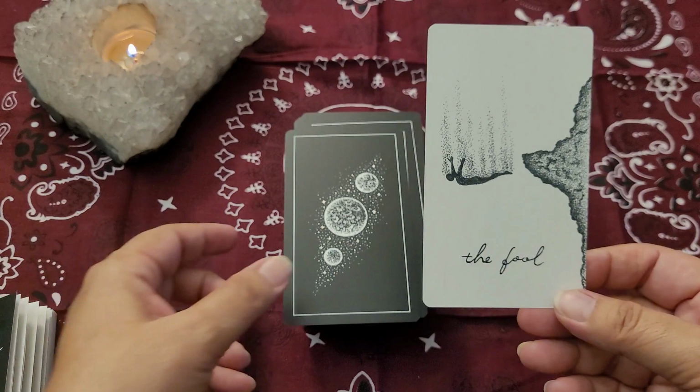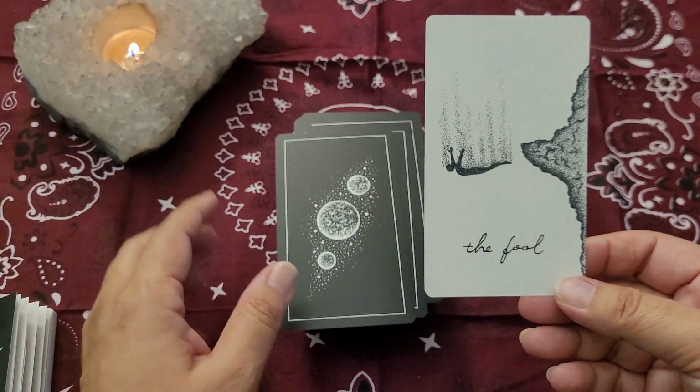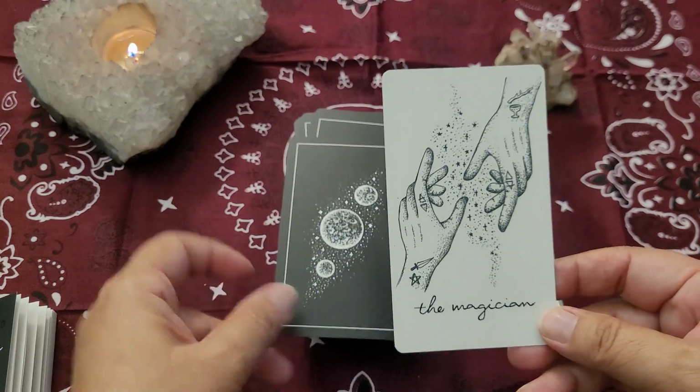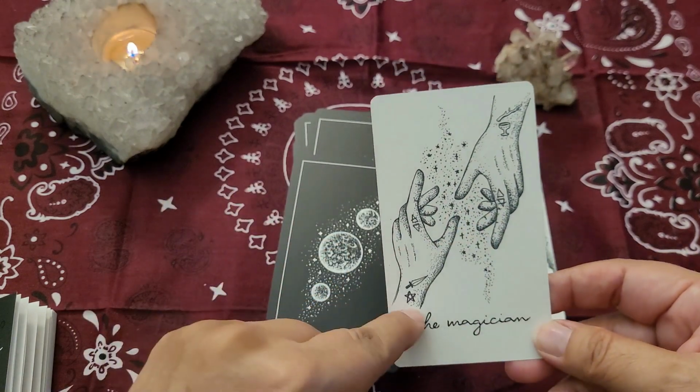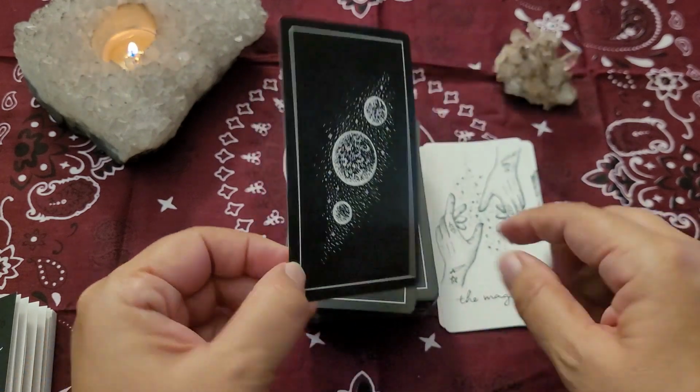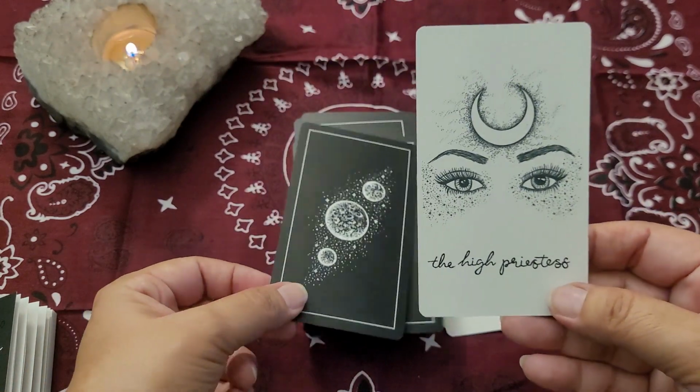So the Fool is this beautiful image of this person just diving. She's just taking a dive. She is completely going for it here. The Magician, and I love the way that she has the symbols on her hands. Very nicely done. The High Priestess,